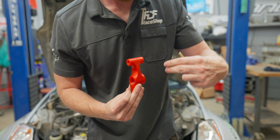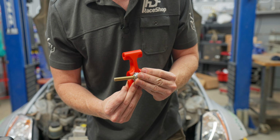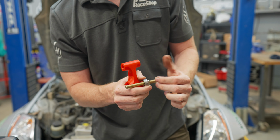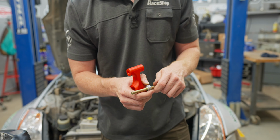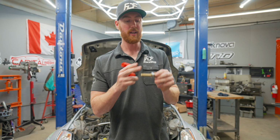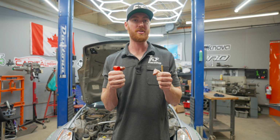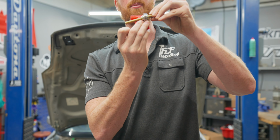So let's say that my master cylinder was here on the left. If I wanted to provide more braking pressure to the front master cylinder, I would adjust this all the way over to the left side, mechanically applying more force on the front master cylinder because the bearing is closer to that master cylinder, giving me more leverage and more pressure on that master, and then reducing the pressure on the rear brakes. You could see that in action when you push the brakes. It'll initially push the front master first,